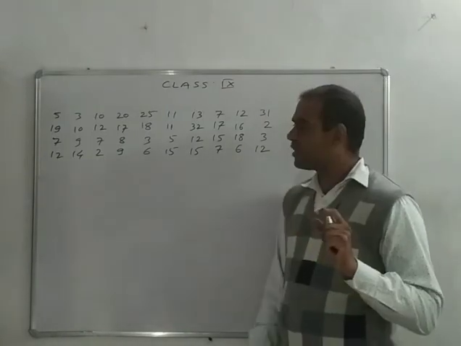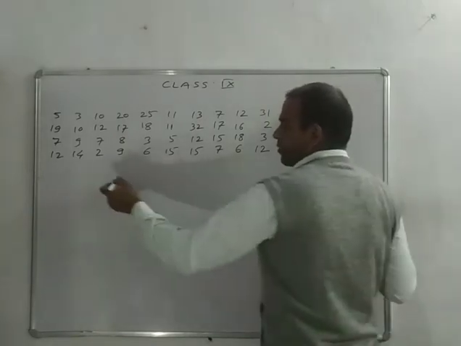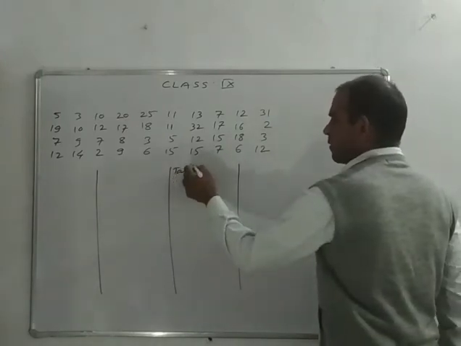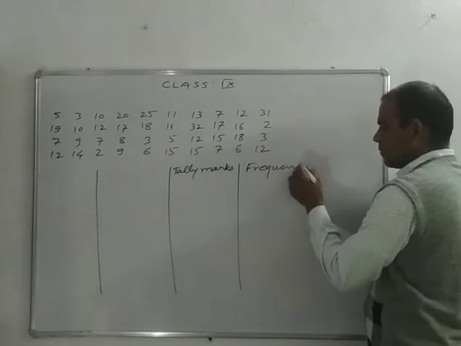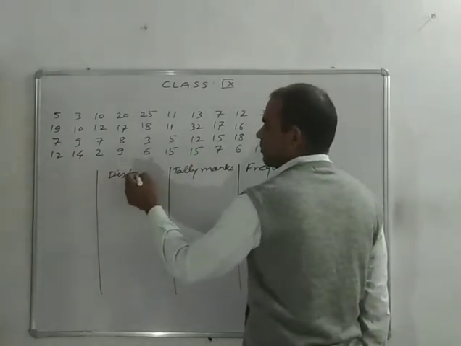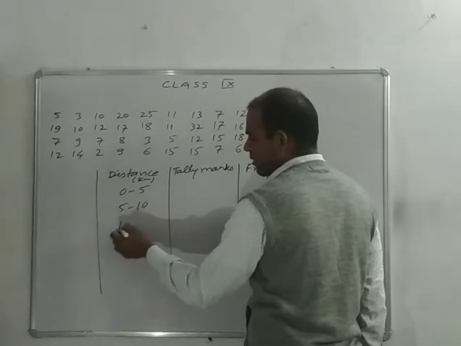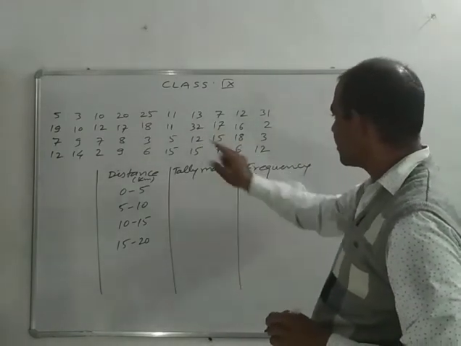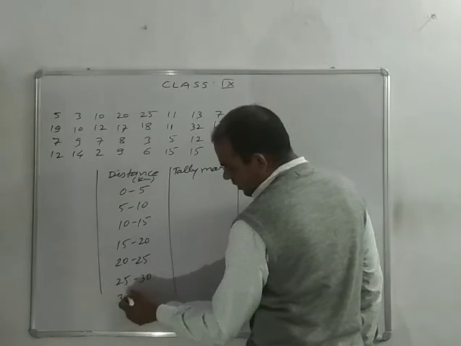हमें class size या class width को लेना है 5 के इंटरवल में, और ग्रुप्ड फ्रीक्वेंसी डिस्ट्रीब्यूशन टेबल बनानी। तो सबसे फर्स्ट कॉलम बनेगा इंटरवल का, फिर टैली मार्क्स एंड फ्रीक्वेंसी। फर्स्ट क्लास इंटरवल है डिस्टेंस इन किलोमीटर, 0 to 5, 5 to 10, 10 to 15, 15 to 20, and the maximum value is 32, so we should go for 35, 20 से 25, 25 से 30 और 30 से 35।